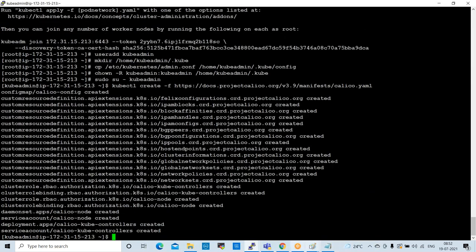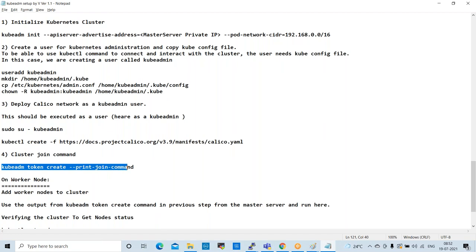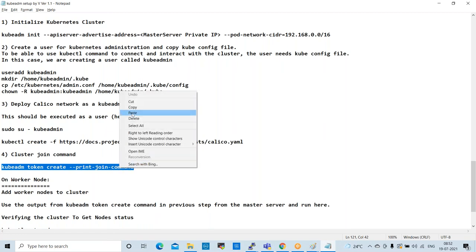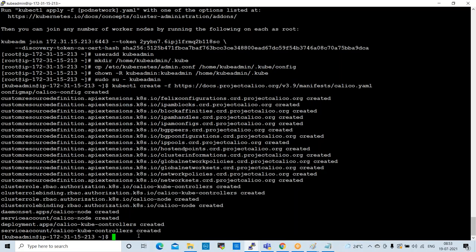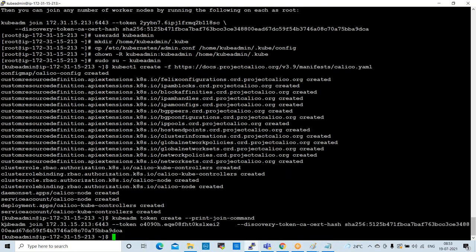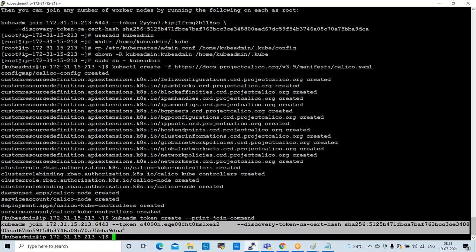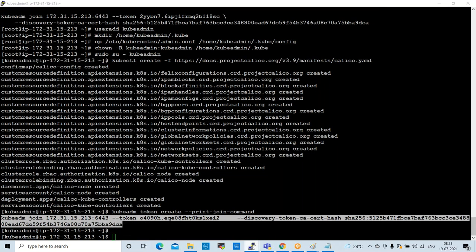So plugin is installed. After that, this is the cluster join command. When you execute this command, it will provide you one more command that we can take and execute on node servers. Execute this. Yeah, it will generate one command. See here, this is the command. So copy this and execute on node servers.